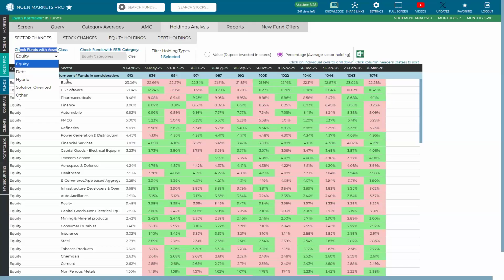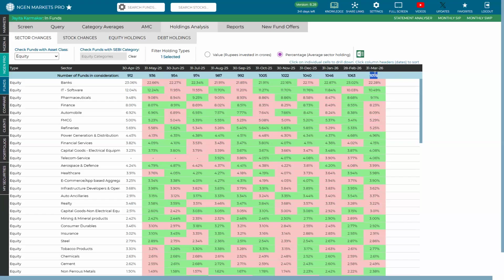So right now we can see all equity asset class funds sector holdings data on these 12 months on these color coded columns. Now you can see the number of funds in consideration is showing in a blue color row, and it is showing for 912 funds as on April 2025,